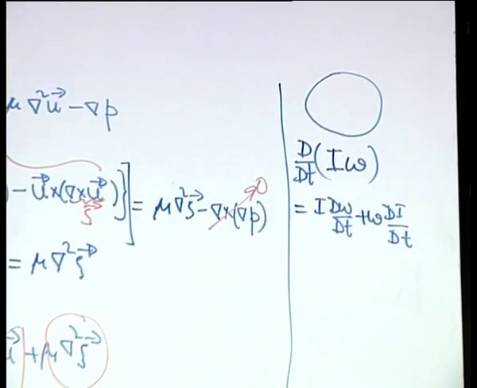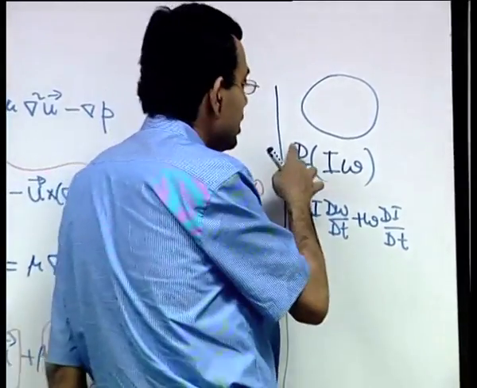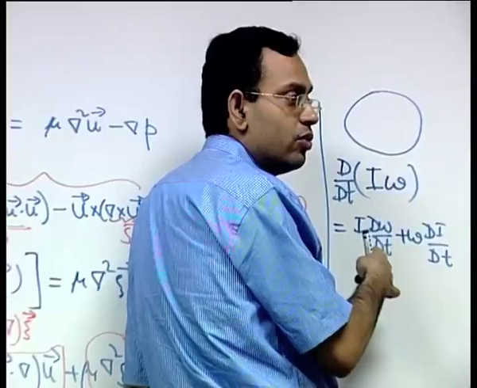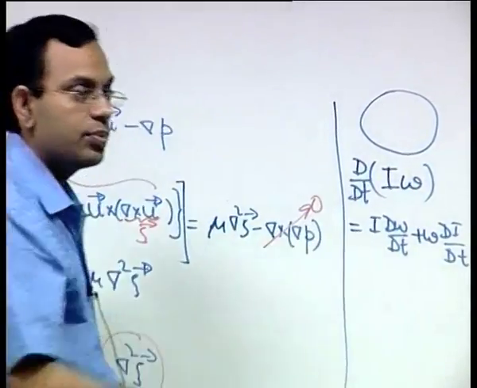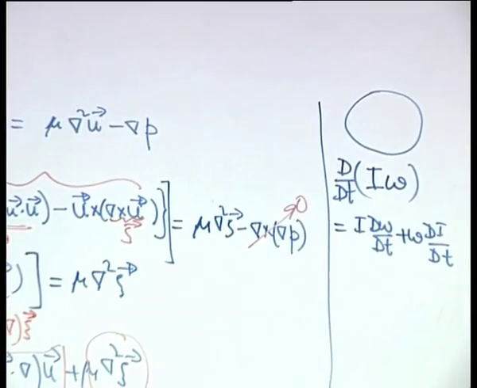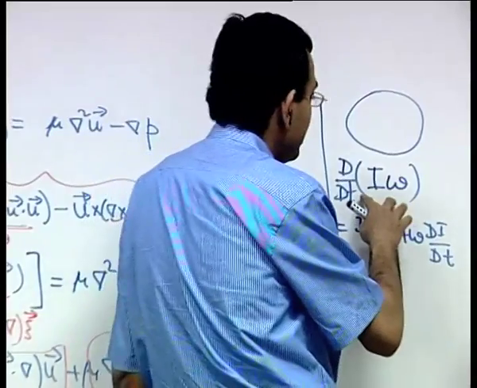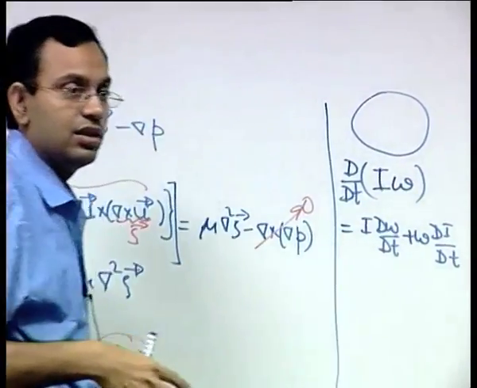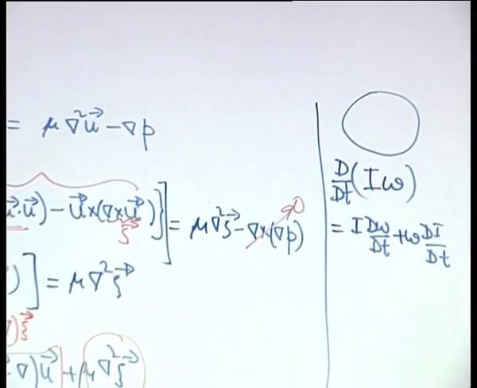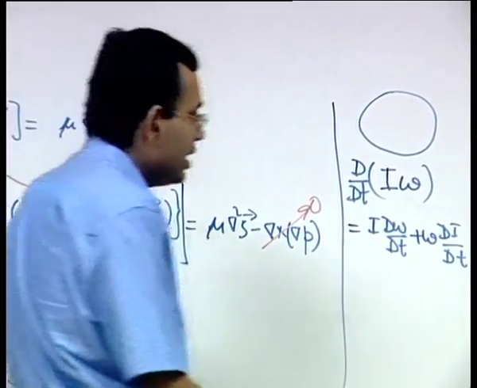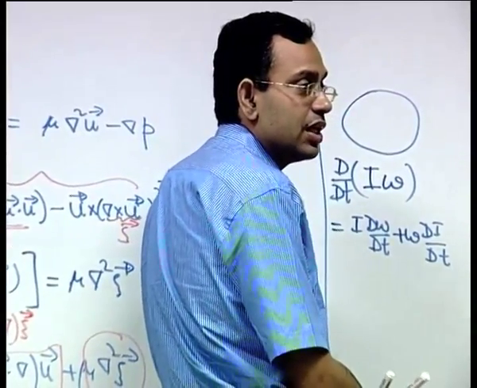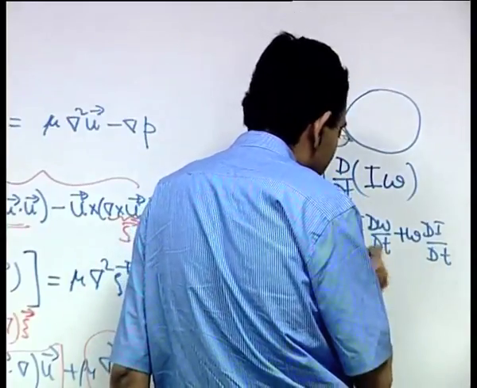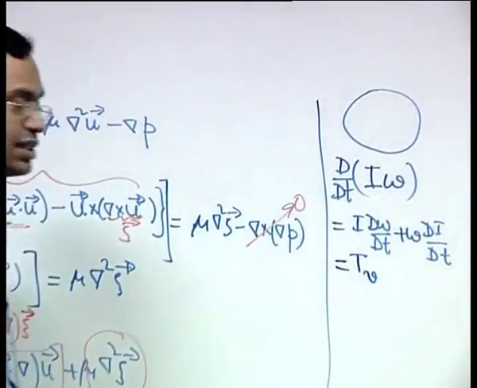Because we are considering a fluid flow type of analysis, we are considering the total derivative, but it essentially behaves in the same way as that of the ordinary derivative with regard to the rules of differentiation. So we can use the product rule. Now this is what? This is basically the time rate of change of angular momentum. So this is equal to what? This is equal to the net torque that is acting on the system, right? And here the torque that acts on the system is to dampen out this effect, that is the viscous torque. So we can write this as Tv, where Tv represents the viscous torque.